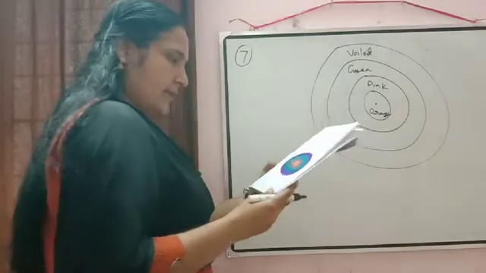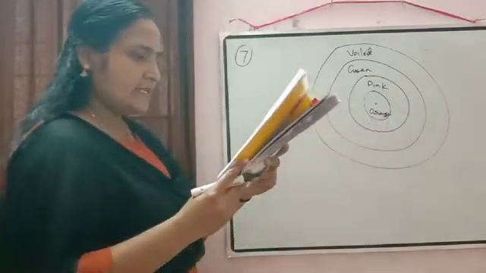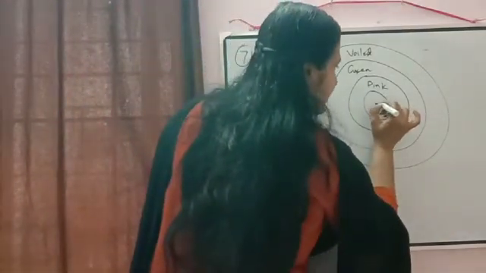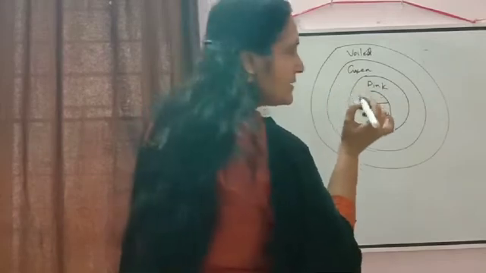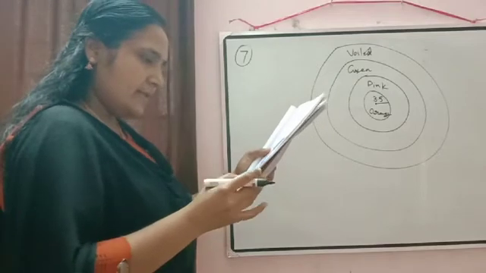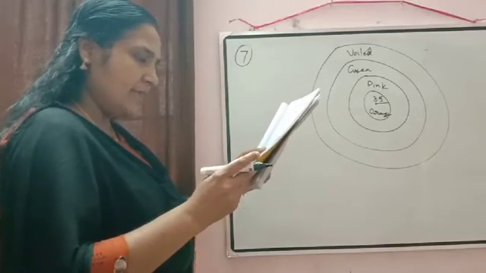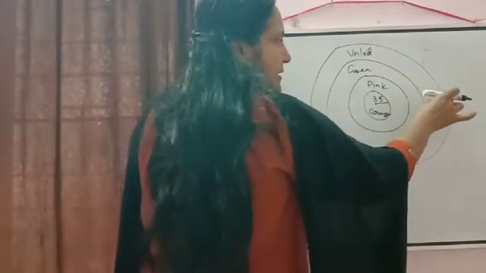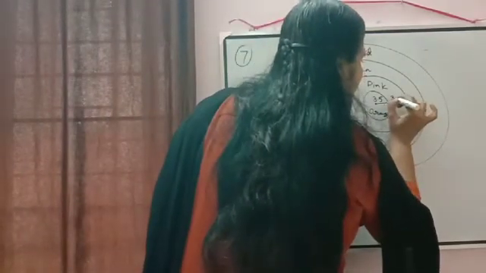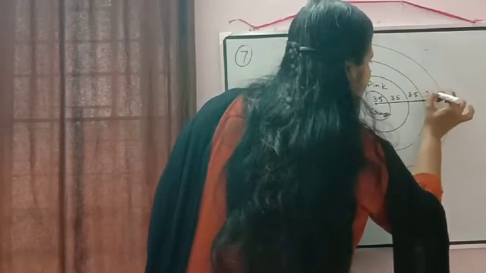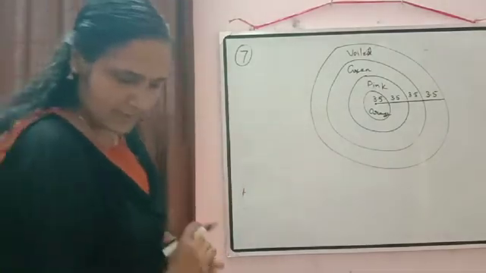It is given that the diameter of the orange region is 7 centimeter. So what will be the radius? Yes, radius will be equal to 3.5. Then it is written the other bands are 3.5 centimeter wide. Other bands means this width. This width is given as 3.5 centimeter. This one also is equal to 3.5 and this one also is equal to 3.5.